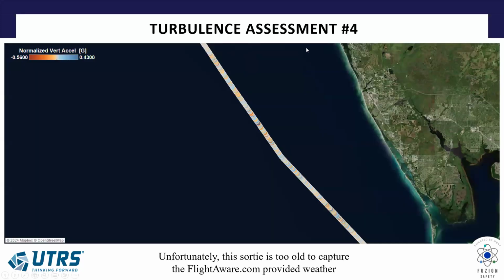Okay. This one's off the coast of Florida, and as we all know, those thunderstorms start building up in the afternoon and get pretty bumpy, even out away from them. Because I've only got the free version of flightaware.com, I can only look back 40 sorties, and this is much longer than that ago. So I couldn't bring up the flight with the actual, well, and it's not even actual weather. It's kind of, I don't know if you've ever looked at it for a flight you did.